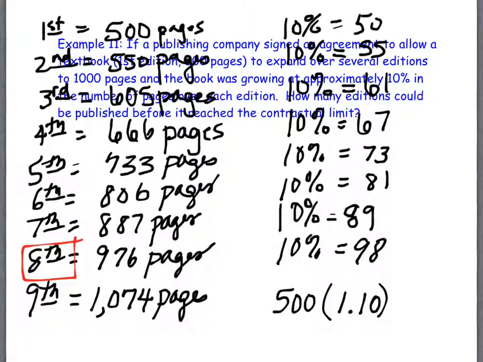And so instead of figuring out what 10% was every time and then adding it back to the original value, what you could have done is multiplied the previous value by 1.1 every time, which turns a two-step process of finding a value and adding it into a one-step process of simply multiplication. And you're doing it multiple times. So when we did this to our 8th edition of our book, we did 1.1 times 1.1 times 1.1, 8 times. Put in your calculator for me, tell me, what do you get when you do 500